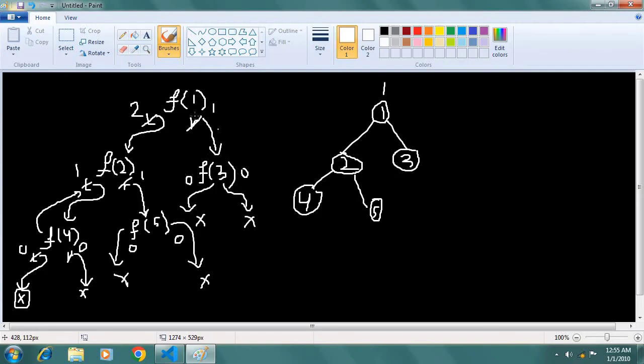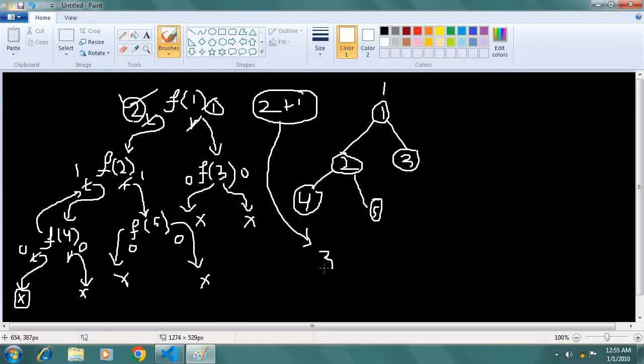Clear? So now you can see that we have gotten the height from the left subtree recursively and the height from the right subtree recursively. Whatever the maximum, what is the maximum here? Obviously 2 is the maximum, na? So I will return 2 plus 1. So in the final we will return 2 plus 1, that is nothing but a 3.